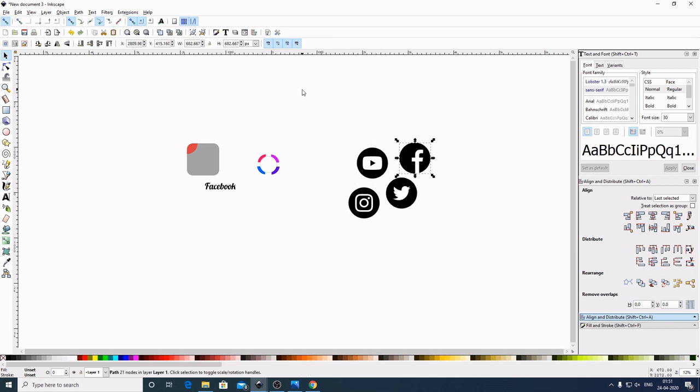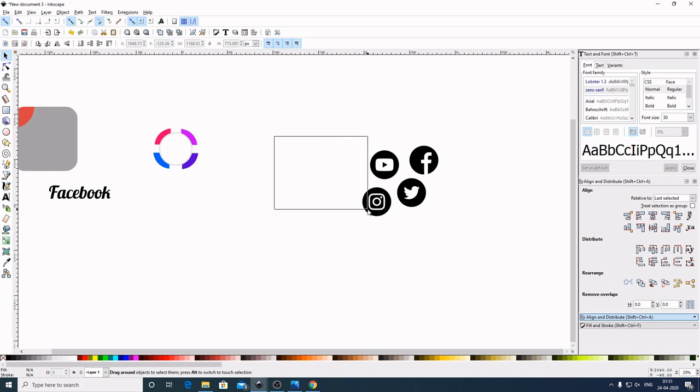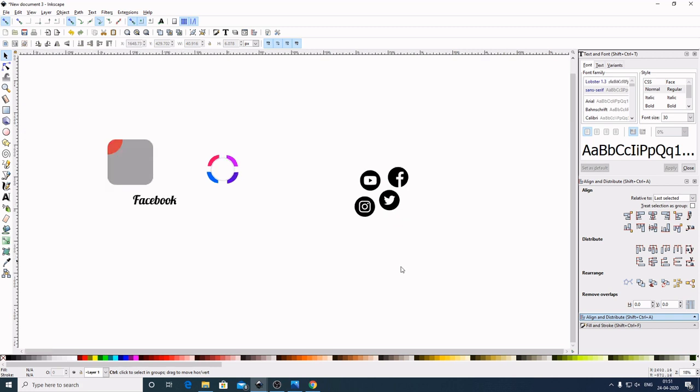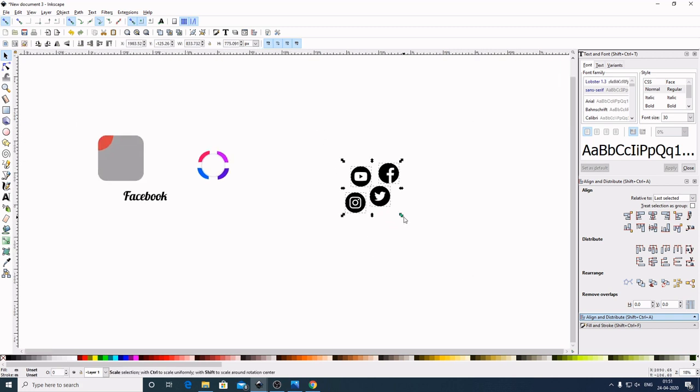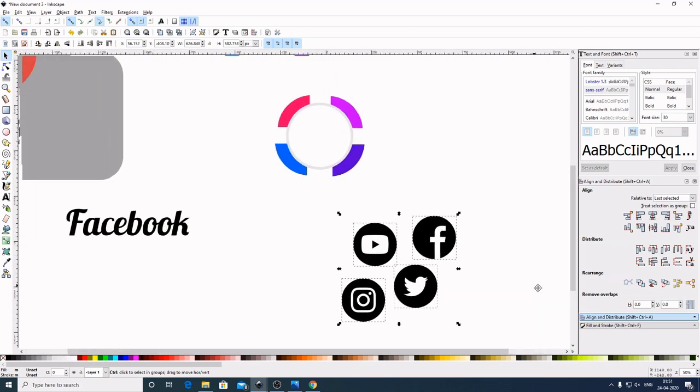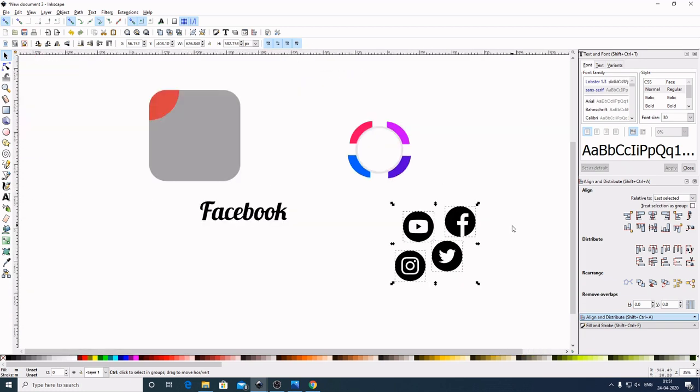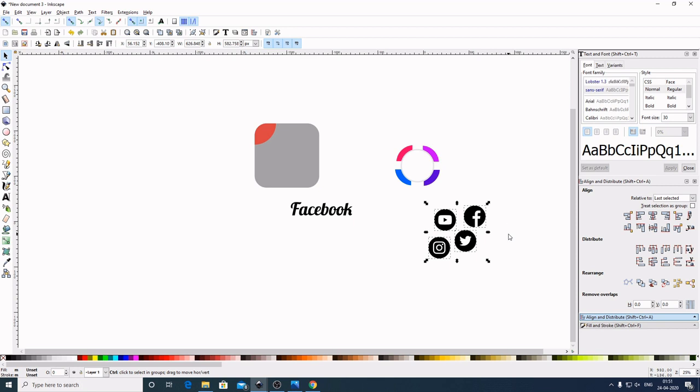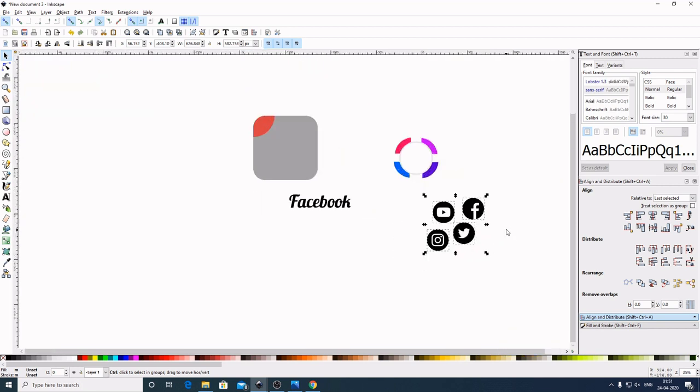Bring this icon to one side. Now I will grab over this whole. Now by holding Ctrl and Shift on the keyboard, I will drag this inward to make it smaller. I will delete this one. Now I will zoom in. To zoom in and out like this, we can simply hold Ctrl on the keyboard and scroll the mouse up and down.